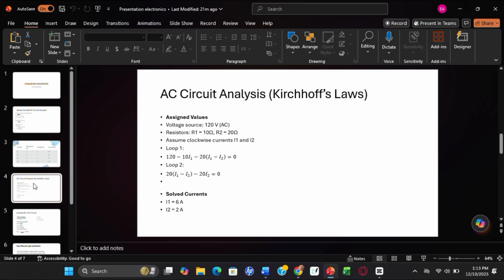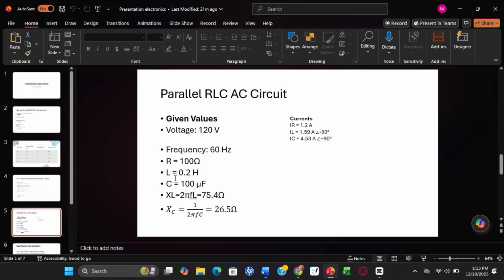For question 3, I used Kirchhoff's laws to analyze an AC circuit. I started by assuming current directions so the math stayed consistent, and I used Kirchhoff's current law at the nodes and Kirchhoff's voltage law around the loops. After writing the equations, I solved them using substitution to find the unknown currents. The key result was finding all the loop currents and showing that Kirchhoff's laws correctly describe what's happening in the